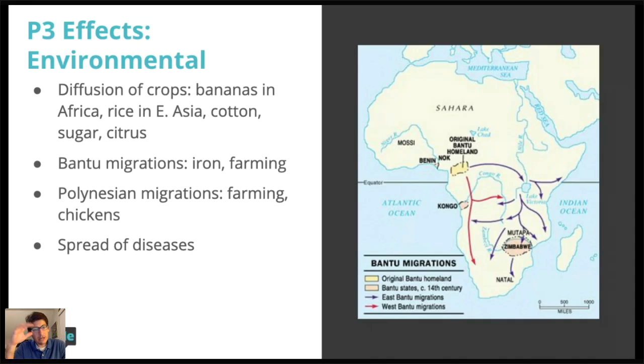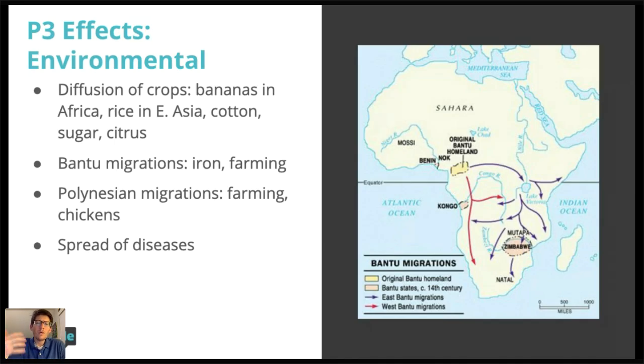So period 3, effects of trade. Let's first think about environmental effects. One thing that we see in time period 3 is that through trade, lots of things spread, right? We know goods spread. I'm supposing we understand that in this lesson. I'm not so much going into what was traded where in terms of goods. I'm focusing on some other things. I'm sorry about that, but I figure I'd hit the things that we might not already know.